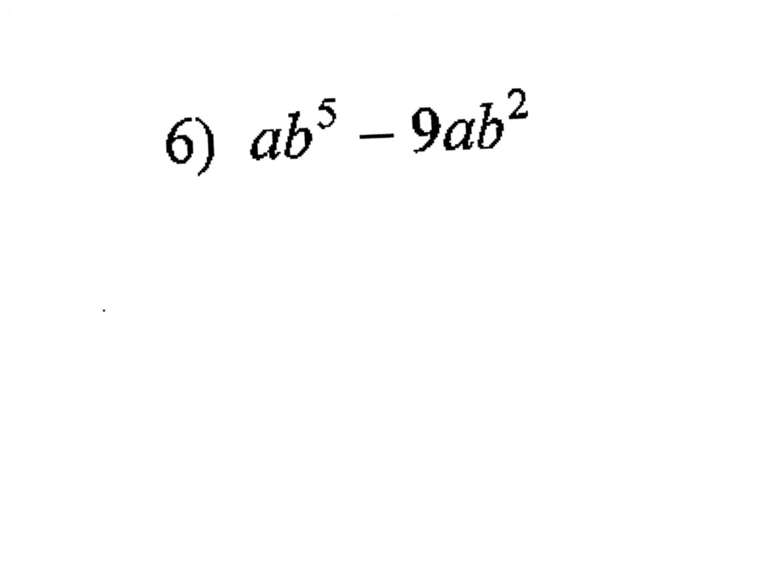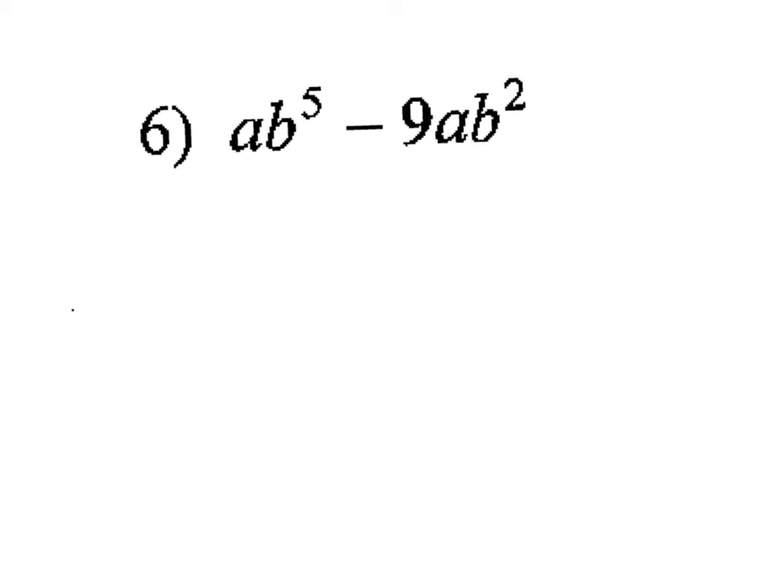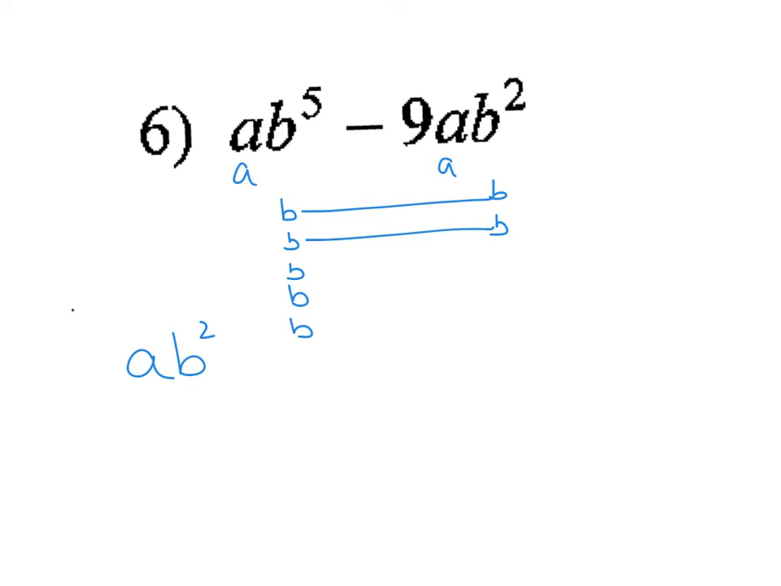Okay, so on number 6, on this particular problem, we don't have a number that they have in common. So all we're looking at then is just the variables. If I look here, I've got 1 a here and 1 a here. So I definitely know I need to pull out an a. On my b's, I've got 5 b's on this guy and 2 b's on this guy. So again, how many do they have in common? Well, they have 2 b's in common. So now,